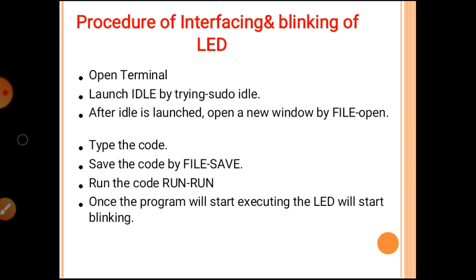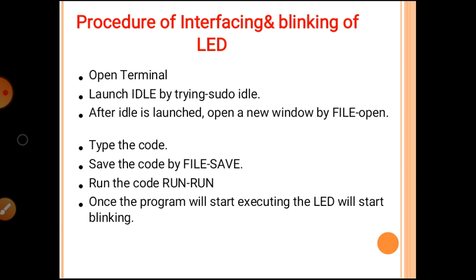Next, we see the procedure for interfacing and blinking of LED. First, we have to open our terminal. Then launch IDLE by typing sudo idle. After that, IDLE is launched. Then open a new window by going to File and then New.